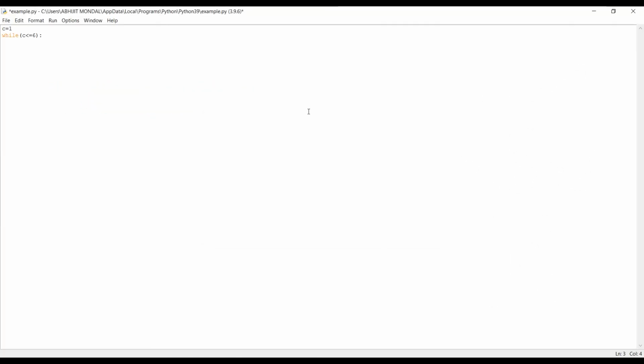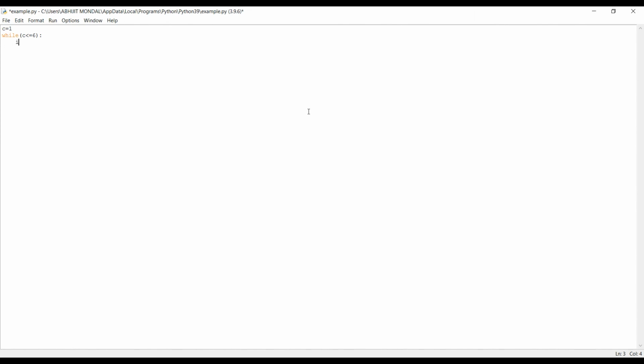Now let's take a look at an example. For this we will simply write a program to print only numbers between 1 to 6, and for the particular value of 4 we will keep it syntactically correct but no execution will be done. So we'll use the pass statement here. We have taken a value of variable c equal to 1 initially, and for the while condition, the value of c will be less than or equal to 6.